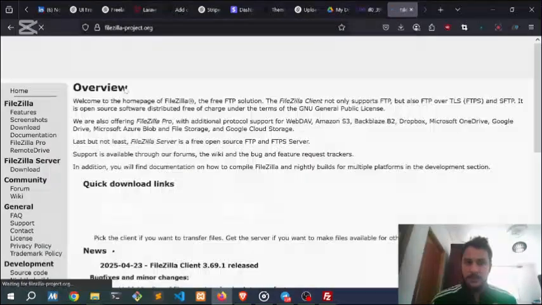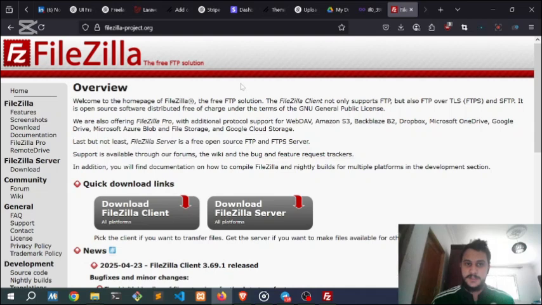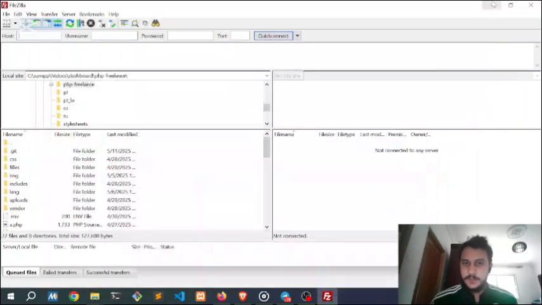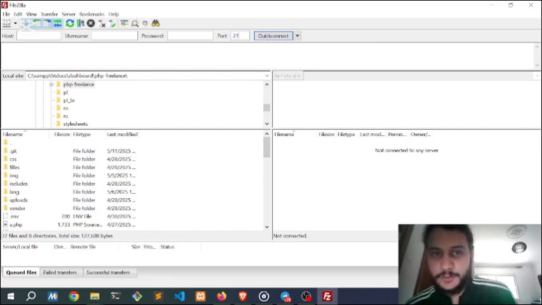So this is FileZilla. This software uses the FTP protocol that allows you to upload your code files or your website from your local machine to the host machine. So let's see how we can work with this software. First of all, we have the host, the username, the password and the port. Port basically uses the default port of the FTP protocol,